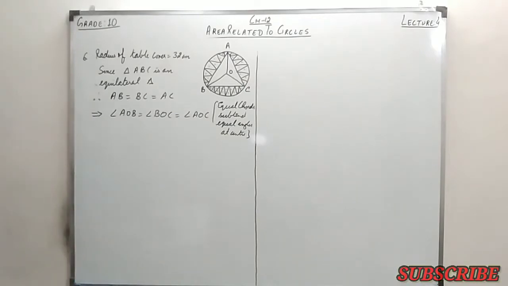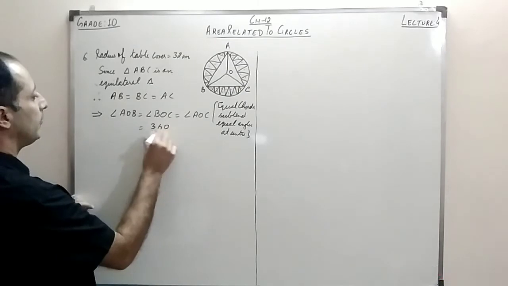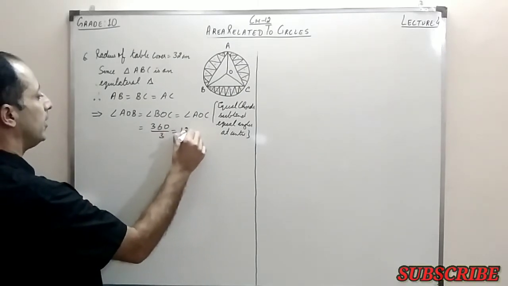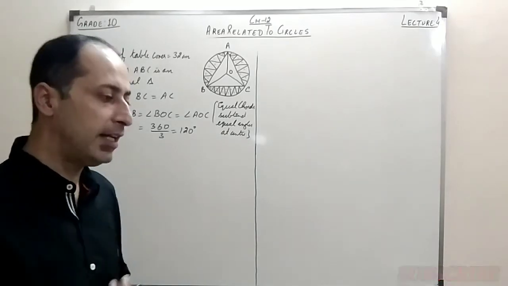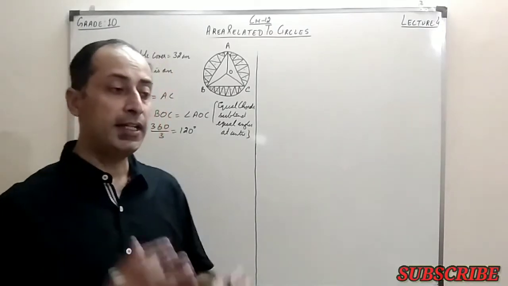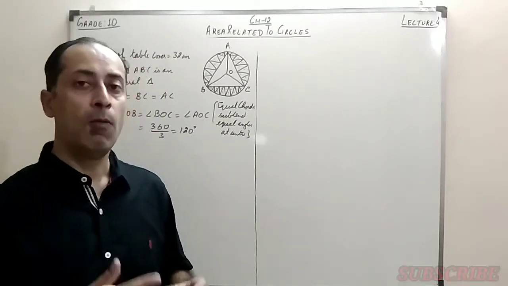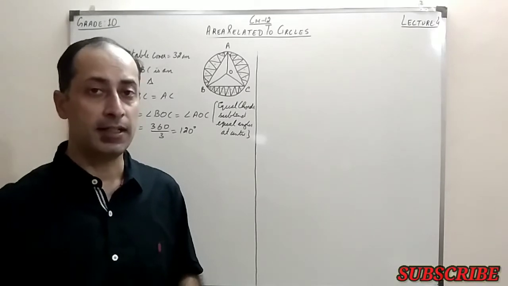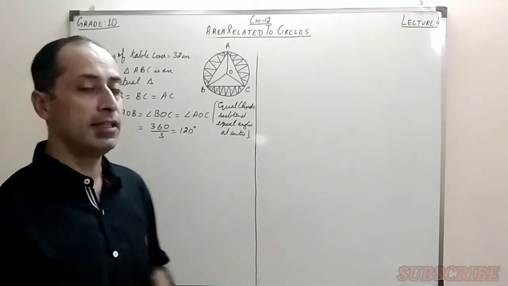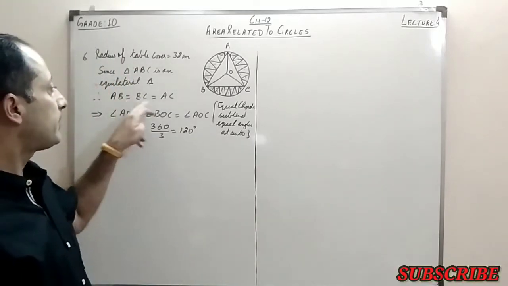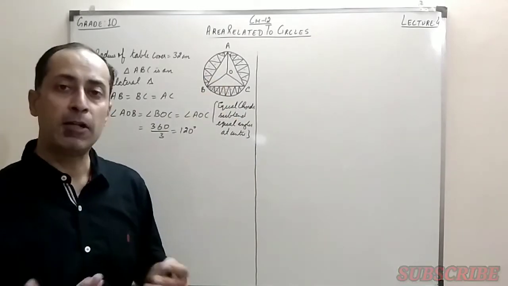Right? This means if the complete angle is of 360 degrees, then one of these angles would be 360 upon 3, that is 120 degree. Now, in the second lecture of this chapter, I told you to find the area of the triangle by using another formula, that is 1 by 2 r square sine theta. So we can use that formula to find the area of one of the triangles, that is AOB. Since they are all equal, obviously they will also have equal area.